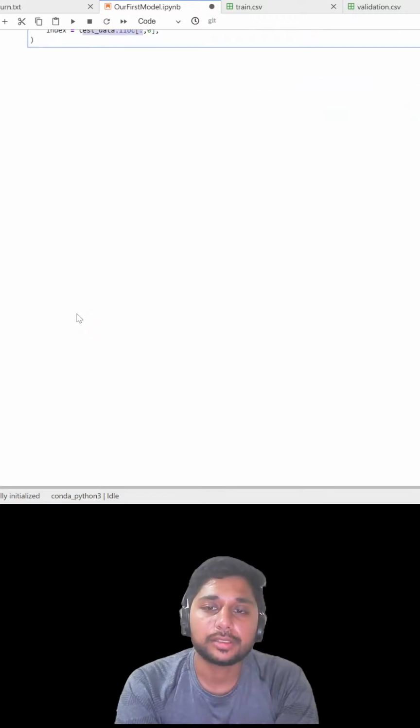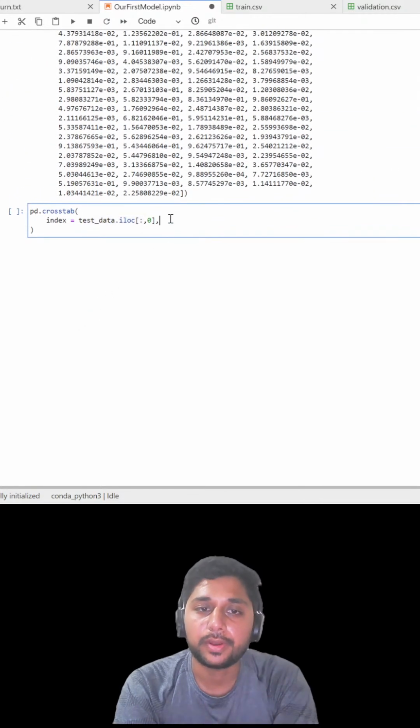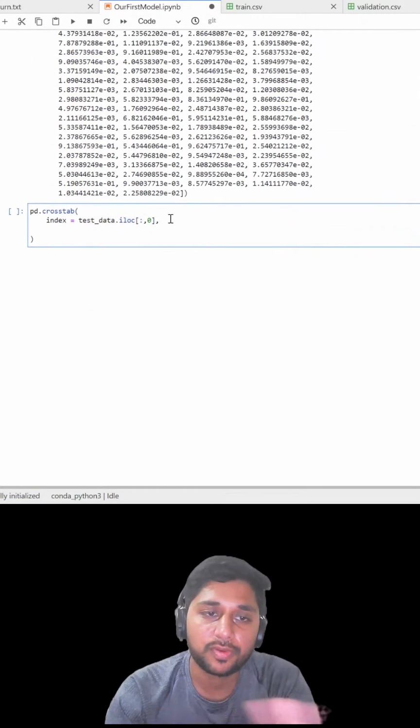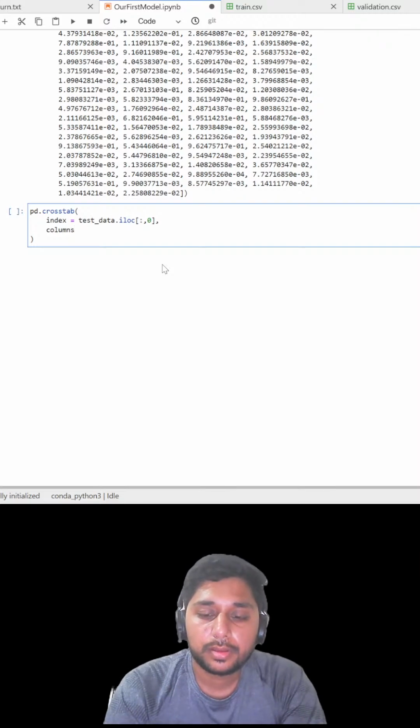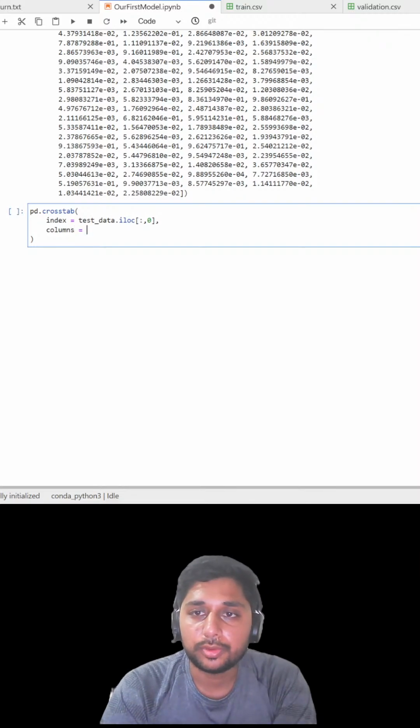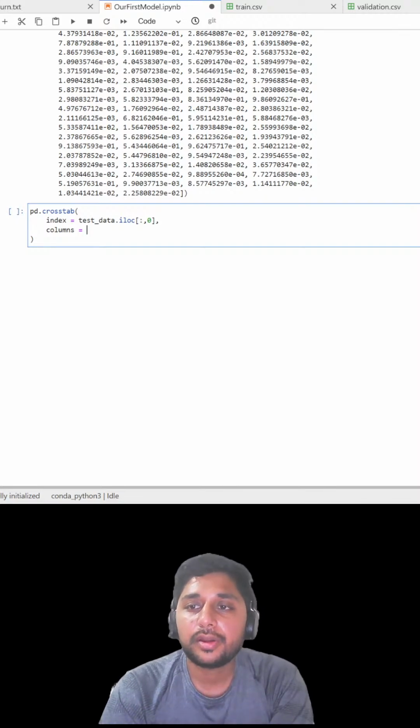So here we are saying this is going to be the index of our confusion matrix, and then in the column section,